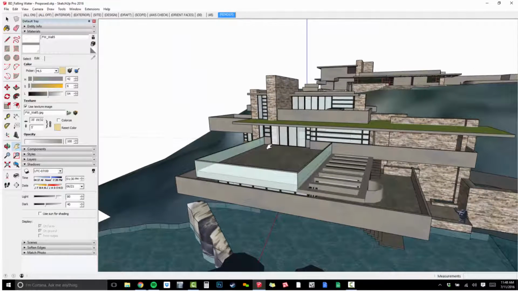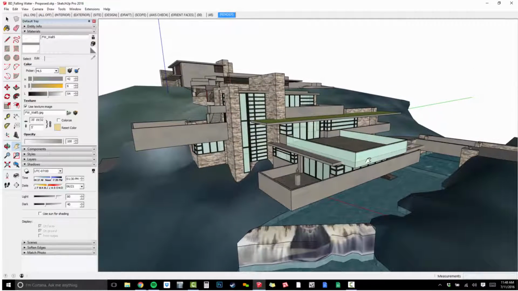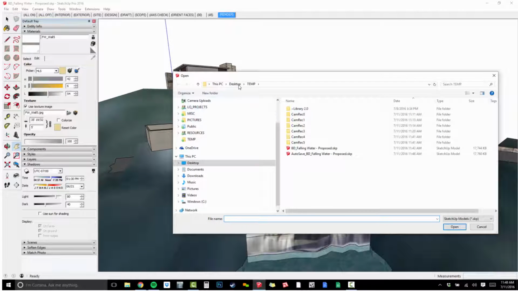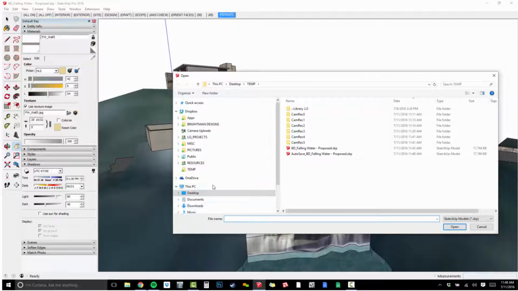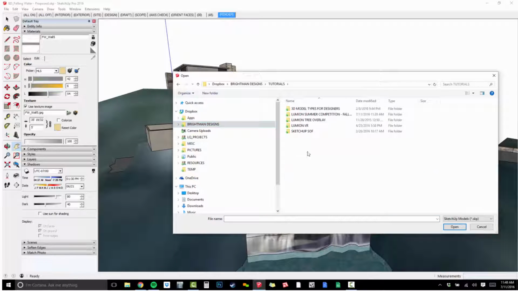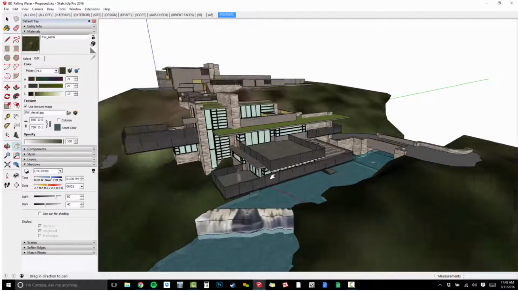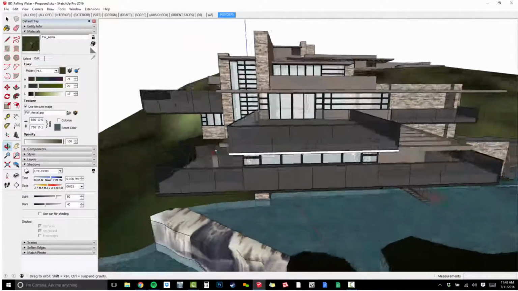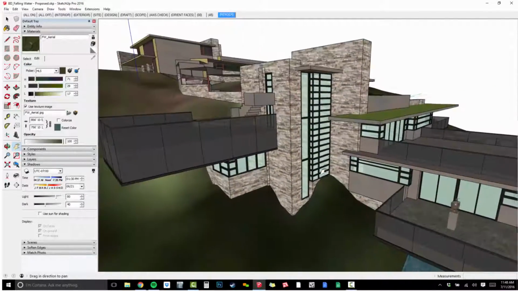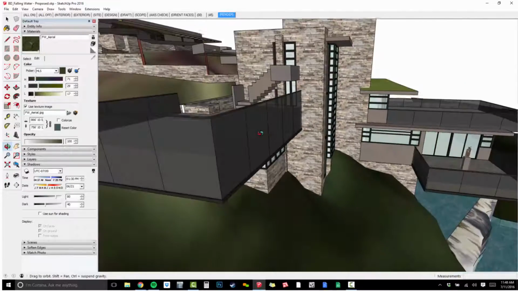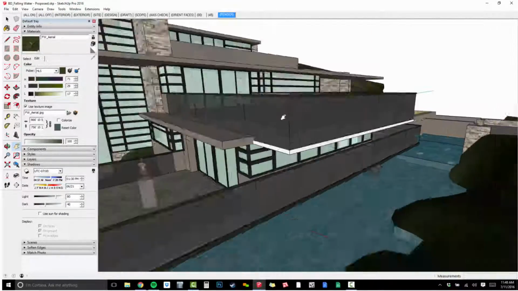Okay, so this would be our proposed conditions model. Let's go in and open our actual proposed conditions model. So this is in our Dropbox, Brightman Designs, tutorials, and we've got our summer competition proposed. I don't need to save mine. Okay, so now you can see that I've added my railings in. I've got everything already set up with our RenderReady, but really just put these panes of glass in there and